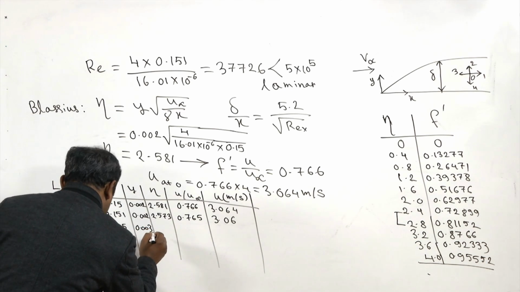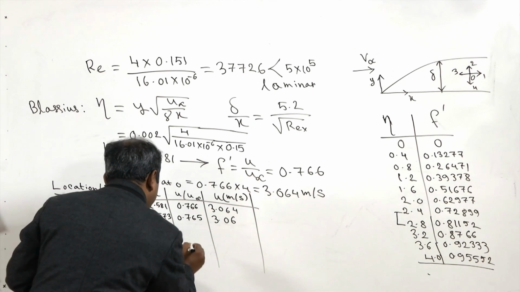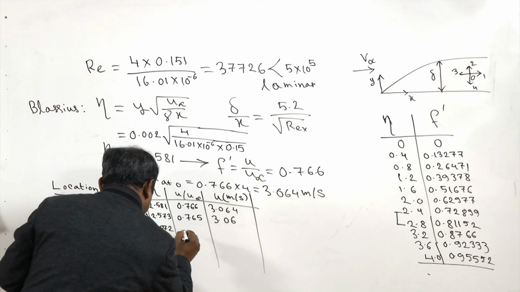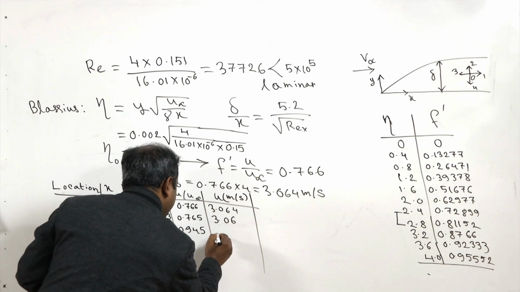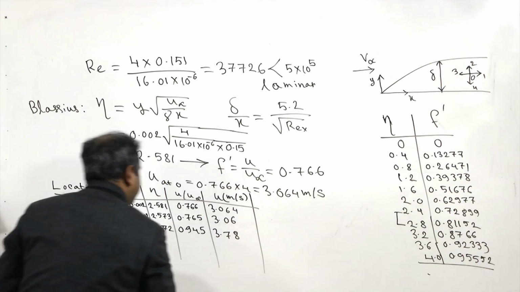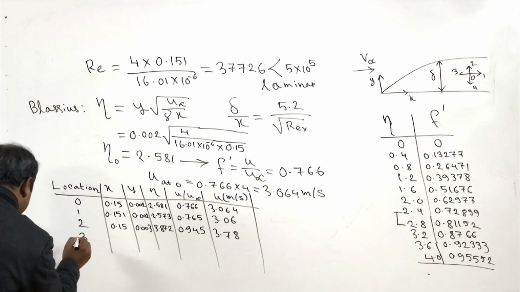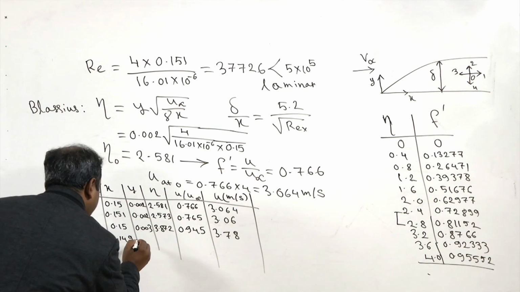then eta will become 3.872, and then f dash will become 0.945, and subsequently u becomes 3.78 meter per second. For location 3 it will be 0.149, and then y is